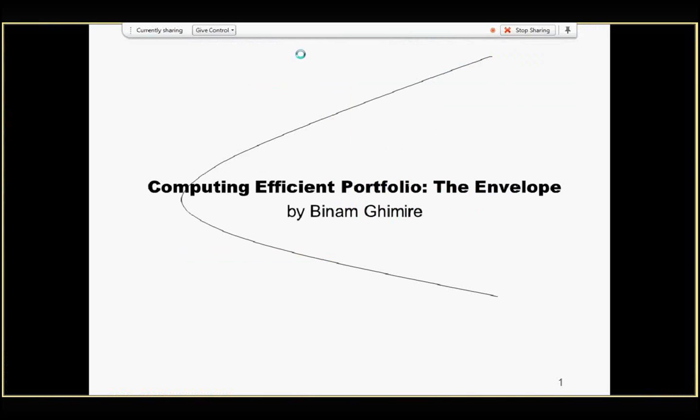Efficient portfolio. Efficient portfolio is an interesting topic in finance and also the foundation for several other important areas such as capital market line, security market line, capital asset pricing model. In this video I'm going to provide you some intuitions behind the efficient portfolio and also how to